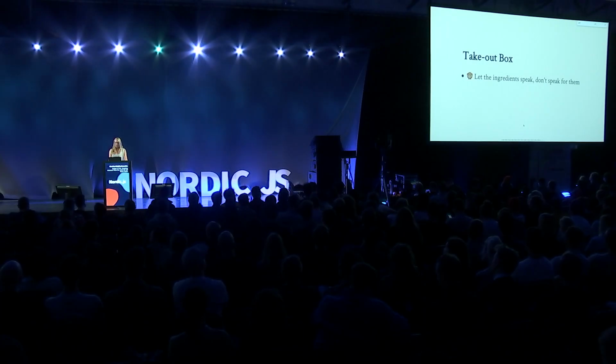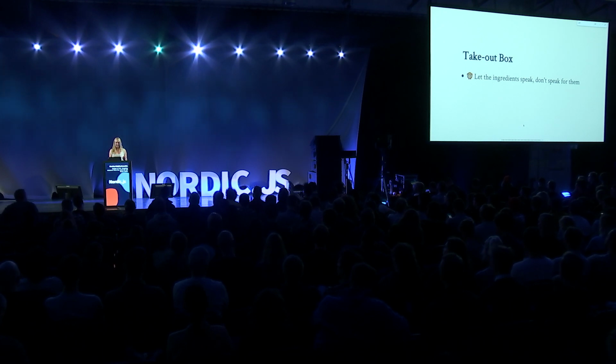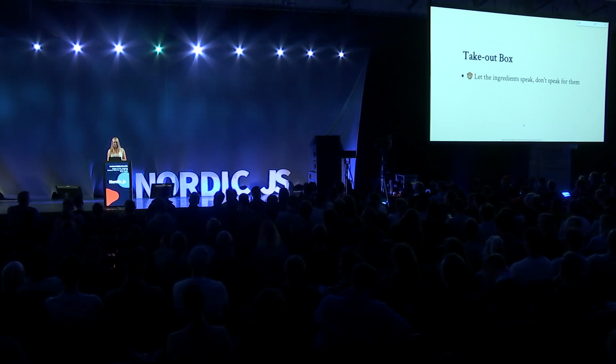But to close, I wanted to leave you with a few takeaways that apply to coding as well as cooking. So the first being, let the ingredients speak, don't speak for them. So there's a wrong approach and a right approach, in my opinion, to animation. The wrong approach is, what do we want to add? The right approach is, what is this visualization calling for? Same thing goes with cooking. It's not about, what do I want to add? Do I want to add salt? It's, do these ingredients call for salt or call for additional spices?